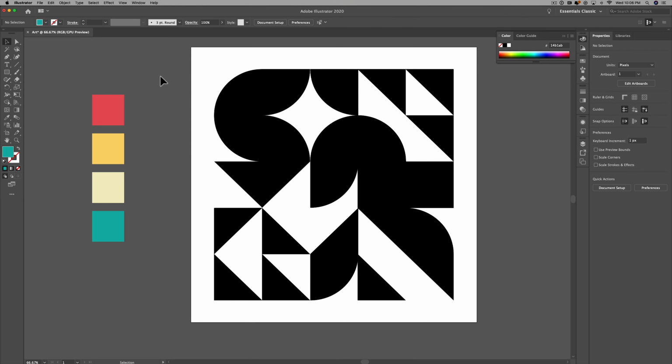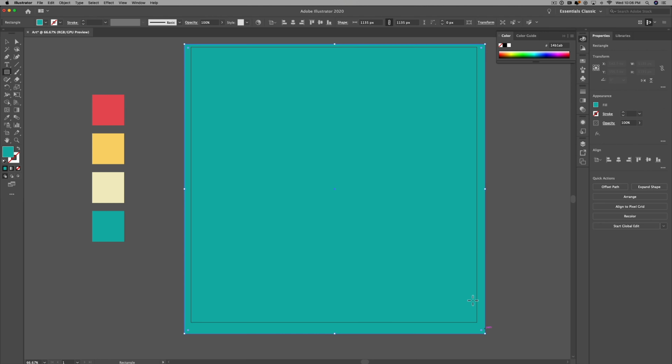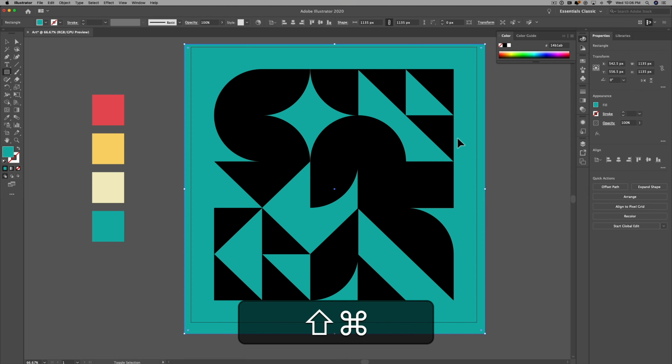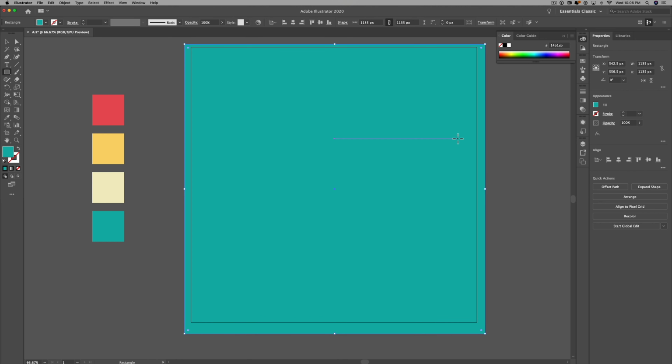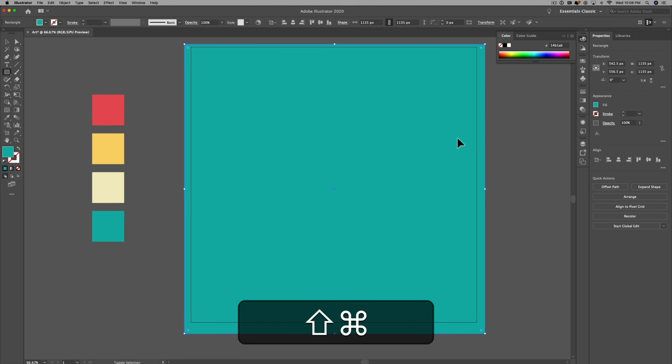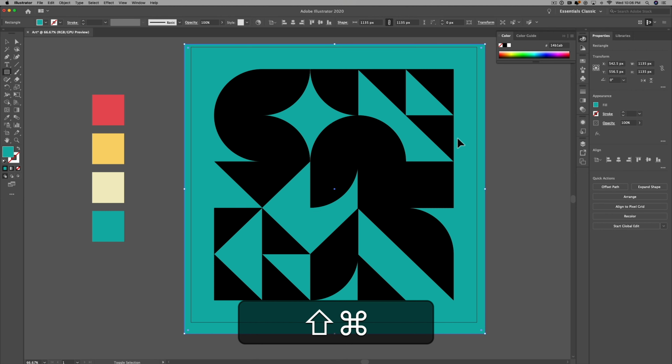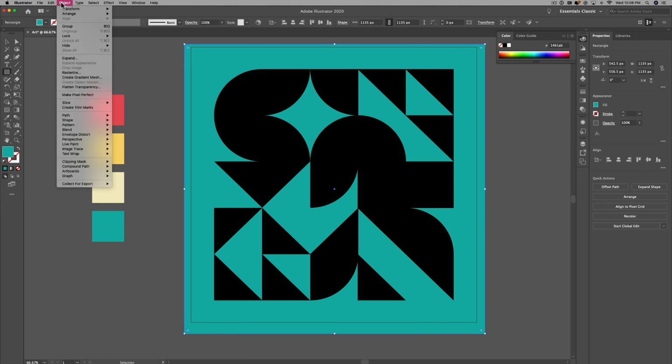Now I have to decide on what's going to be my background color. A cool thing is I can just take something and put it over all of that. It's in a specific color, but you can send to front, send to back. The key shortcut on a Mac is Shift, Command, and then you hit your 2 brackets. You can do brackets in front, back. If I remember how to do that,